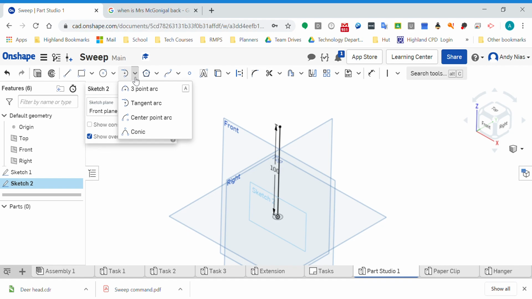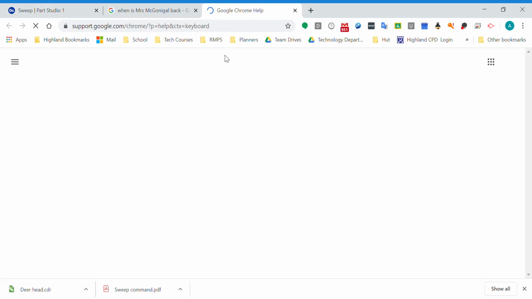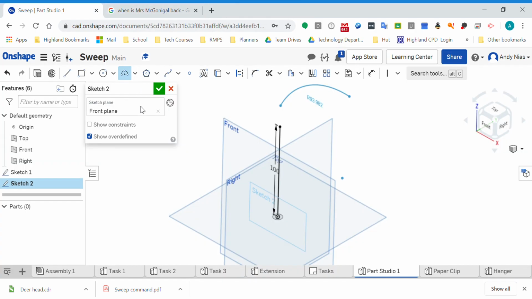So a center point arc, if I knew exactly where the middle was going to be, if the middle was somewhere over here and I had a point, I could snap it there and create an arc. I don't know where the middle is in this example though, so that's maybe not the best one. A 3-point arc's a good one that will connect between a couple of places. So if you wanted to go between there and another place and put a radius, that would work. But what I need is the